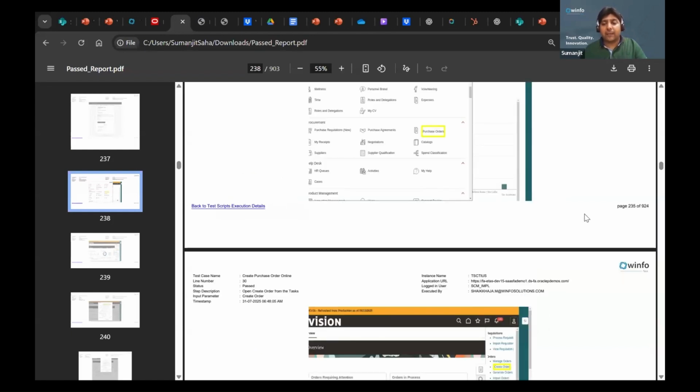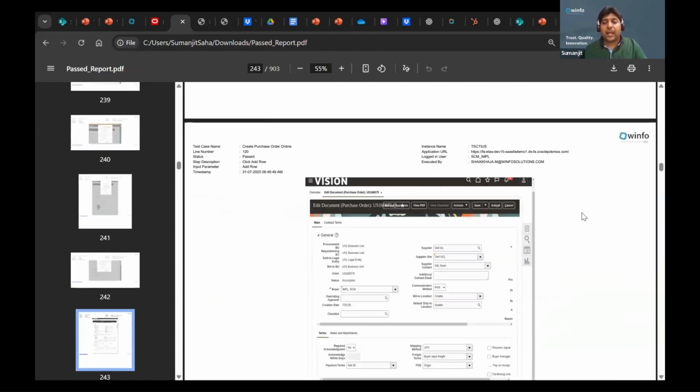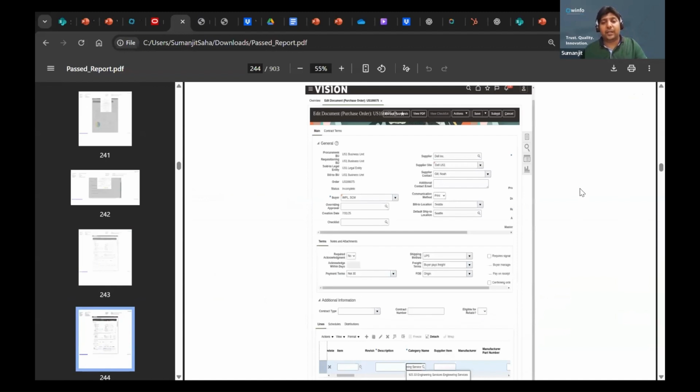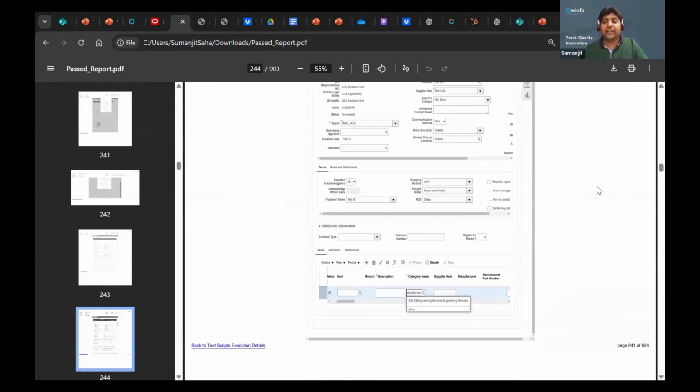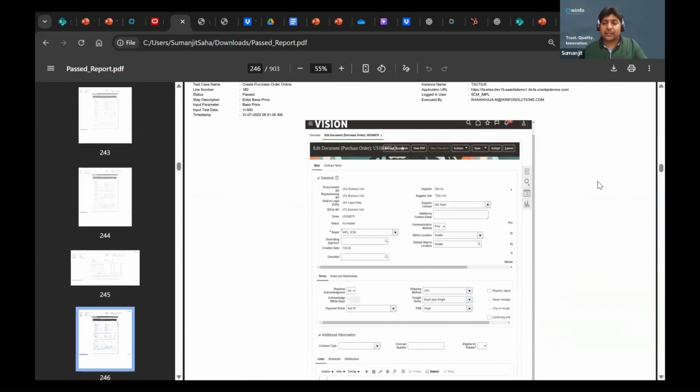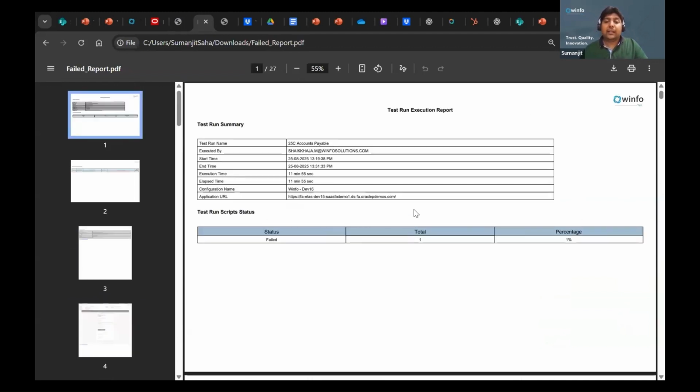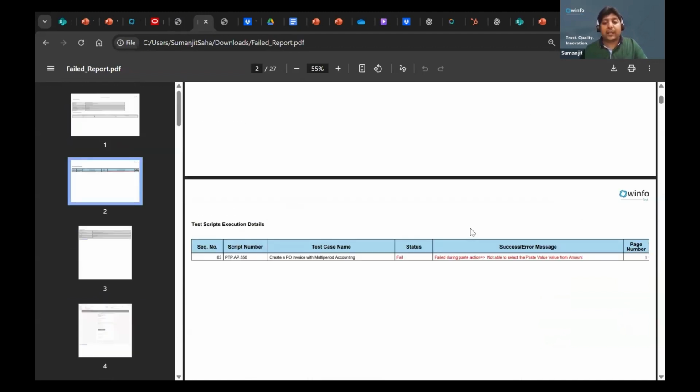So every step is basically captured, and that's how it is very useful in terms of your reporting, or your audit for our clients, right? You will have failed screenshots as well, so a failed report as well. That will give you exactly where your script failed, and that will help our team to quickly understand the error message. So for example, this script has failed because it was not able to paste a value because I think